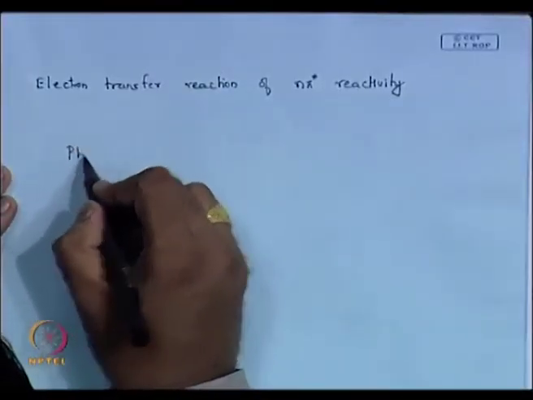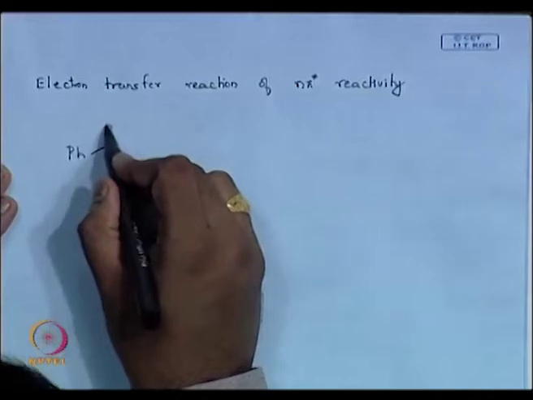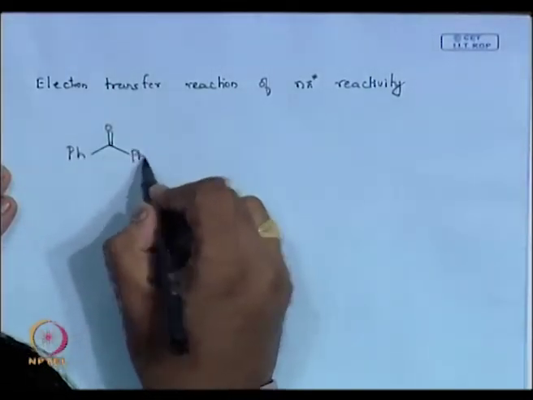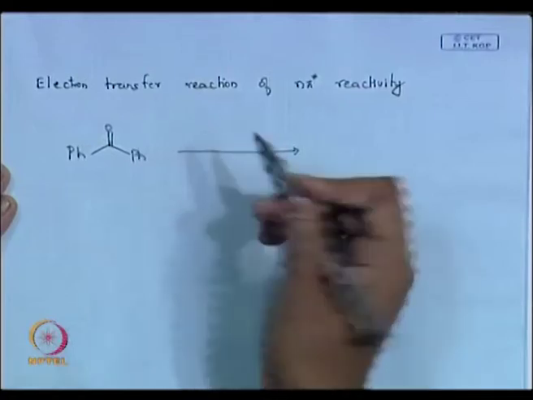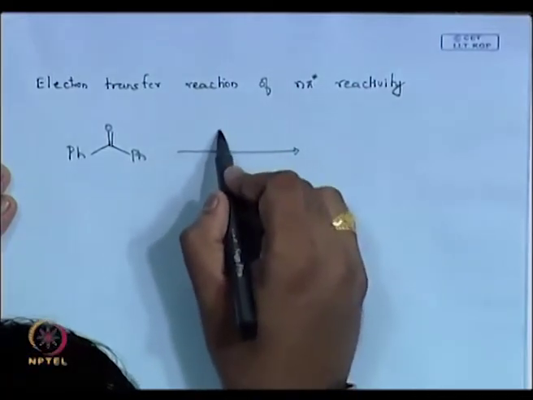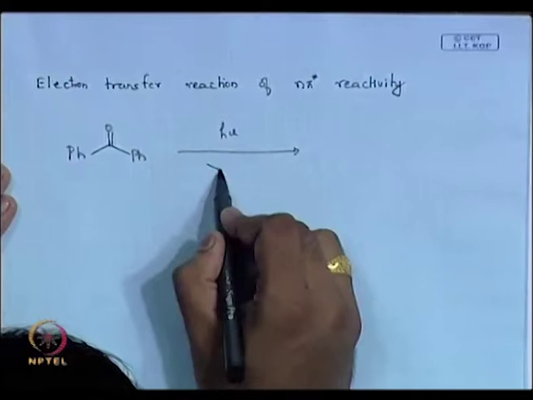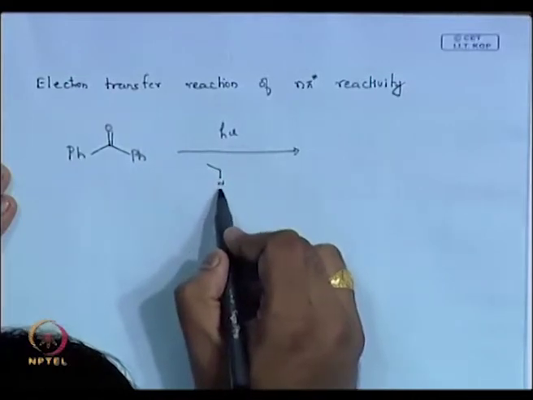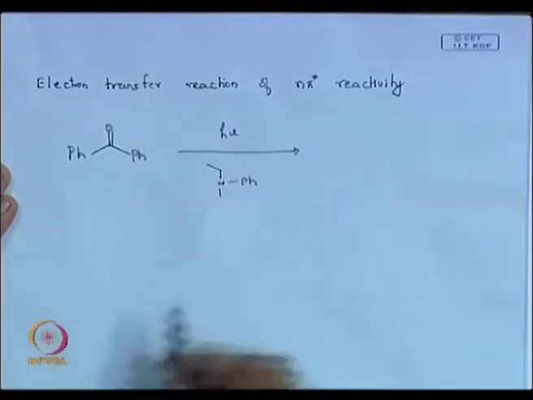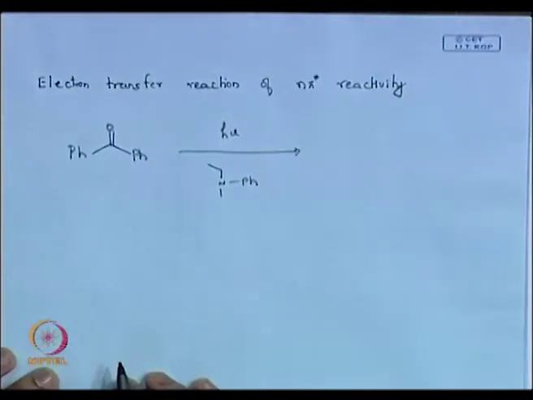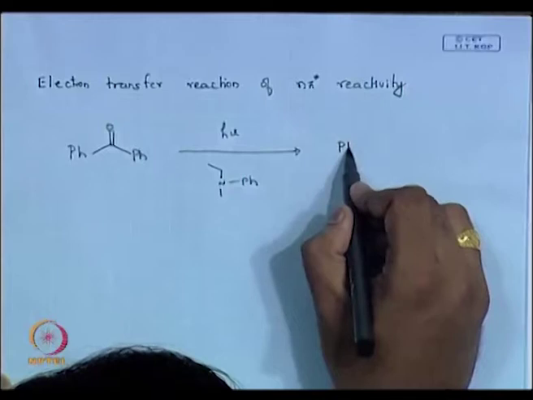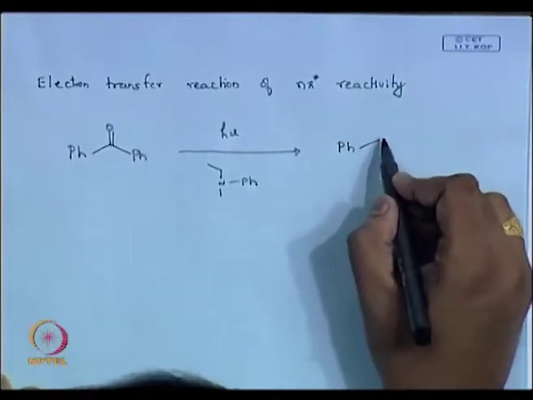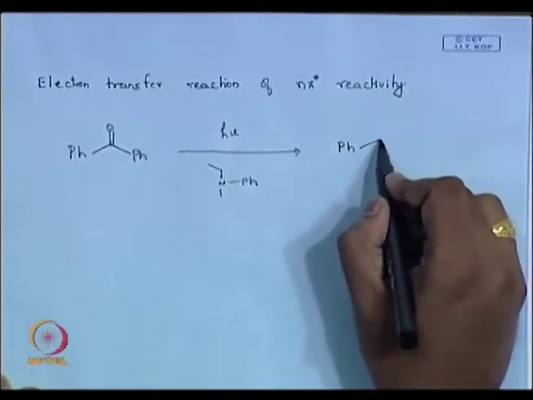So, in the same way I can take my benzophenone, I take an amine. When I photolyze in the presence of an amine, for example, I take an amine like this. Okay. I get your